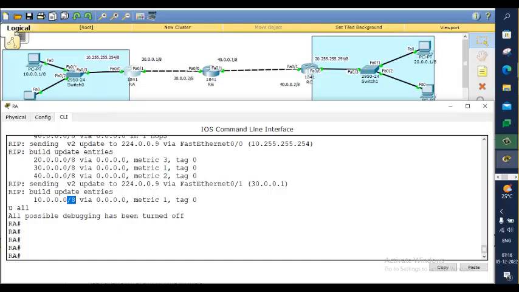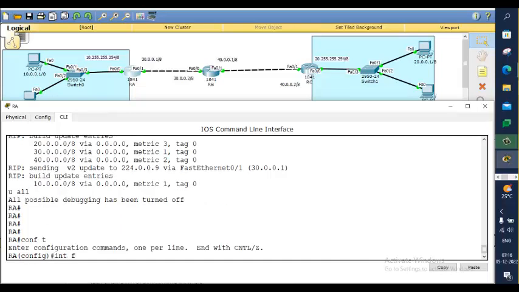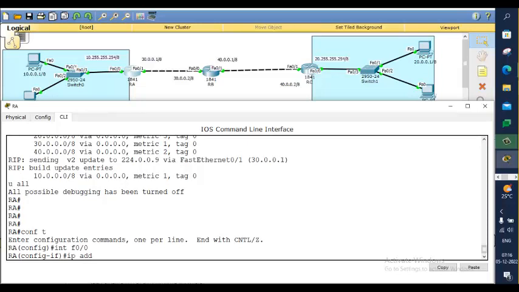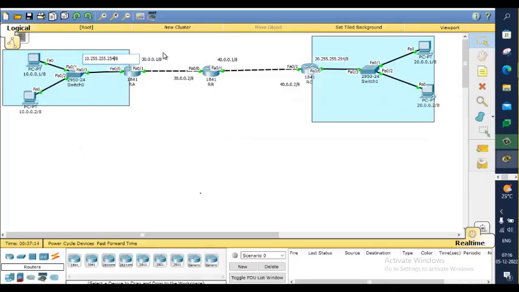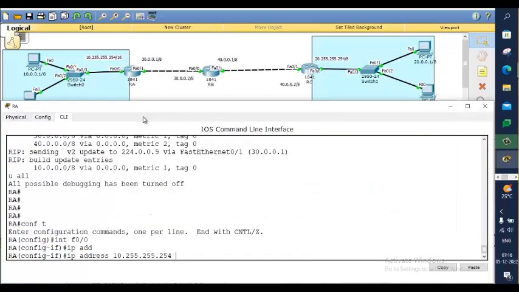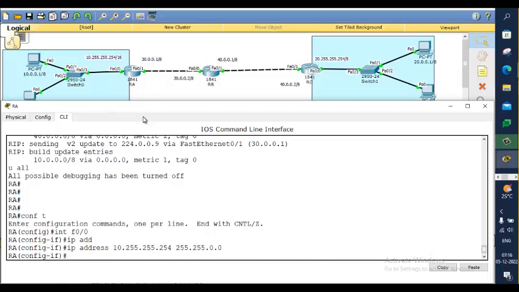So for example, I'm going to change the interface F0/0 IP address. This is the IP address which we already have, but instead of /8, I'm making it /16. 255.255 at /16, no? So the mask changed to /16. Why did I do this? I want to show you